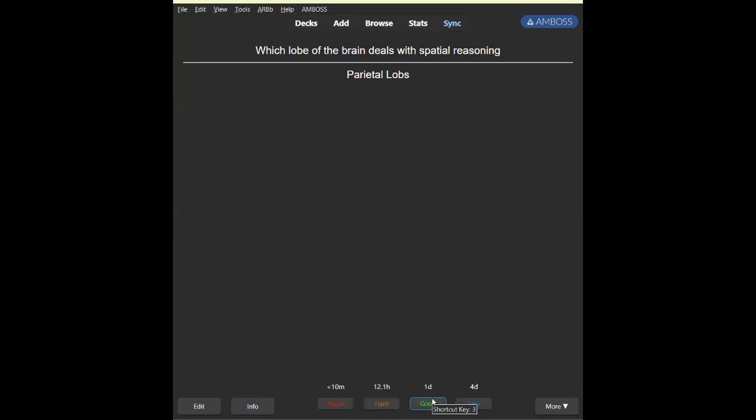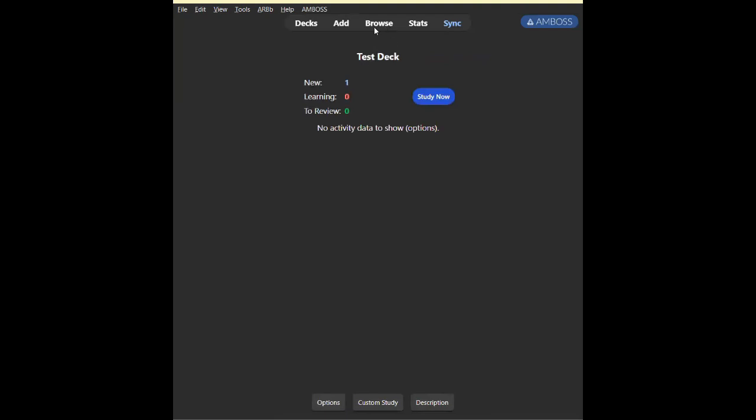What if I was able to answer it under 5 seconds, which is the goal, by the way, answering these things under 5 seconds? I would press maybe good. Now, what if it's basic knowledge to me? Maybe I'd press easy. The time when the card will appear is noted over here, and you can change these stats later on in the settings. But let's not focus on that now. This is already a good set as of now. Very nice.